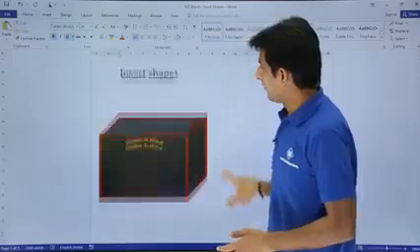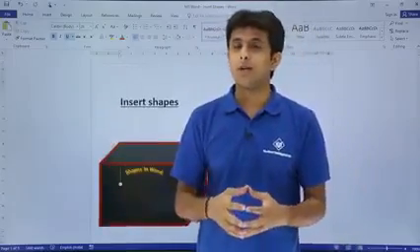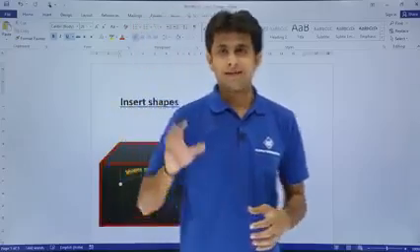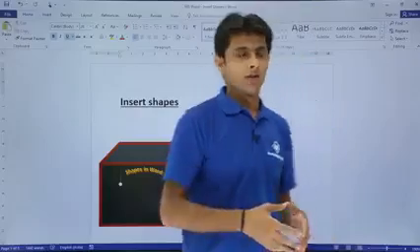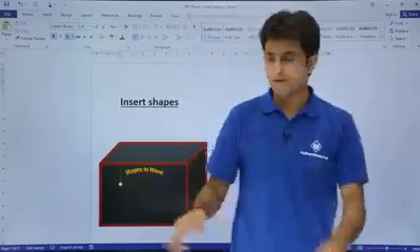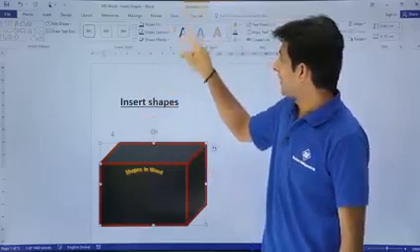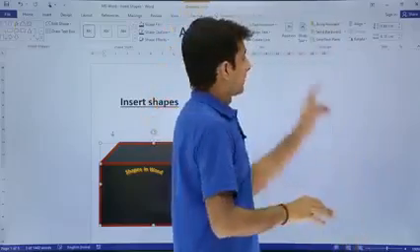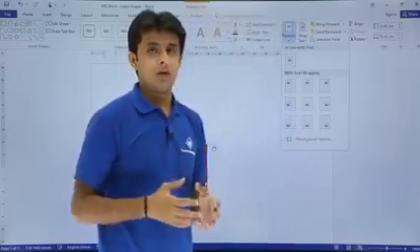Now, if you want to give a proper position, let's say the next one is, if you want to give a position to your shape at, let's say, left corner, bottom corner, right, or somewhere, you can use this button here in the format tab. So I'll just click on that and I can go to this format tab. On the right hand side in the format tab, you see there's a position. What is the position? It says, where do you want your shape?